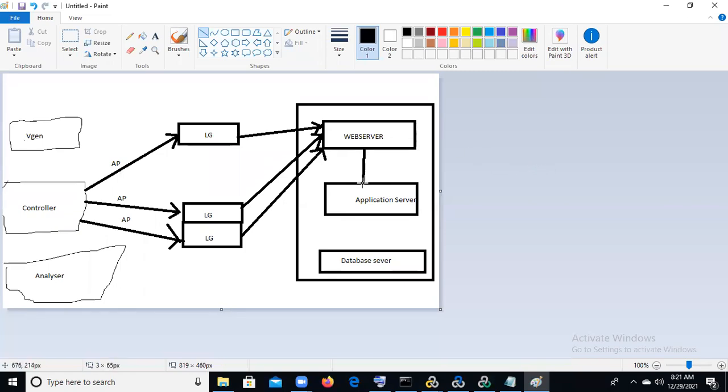Then it goes to the web server, and from the web server to the application server to the database server.